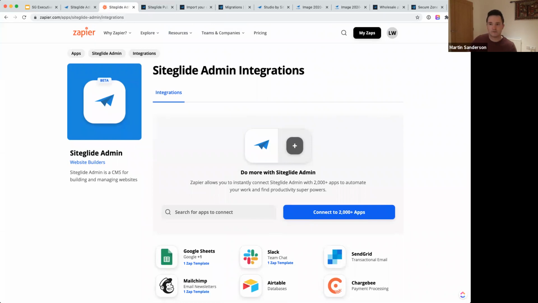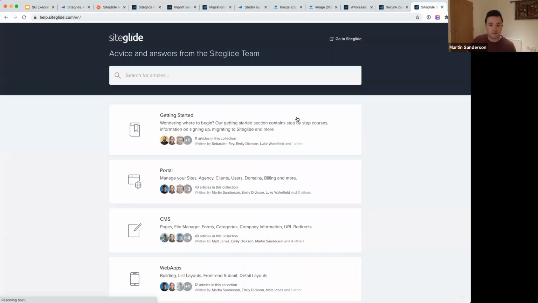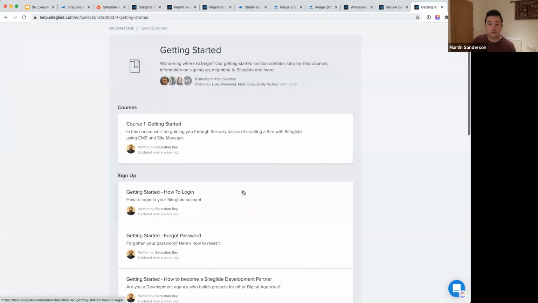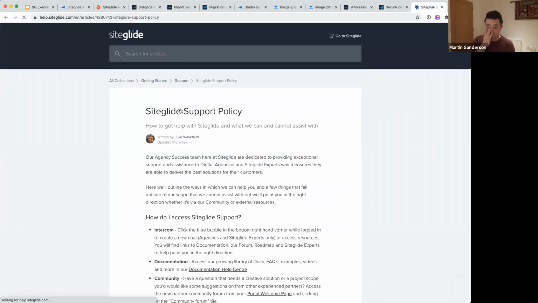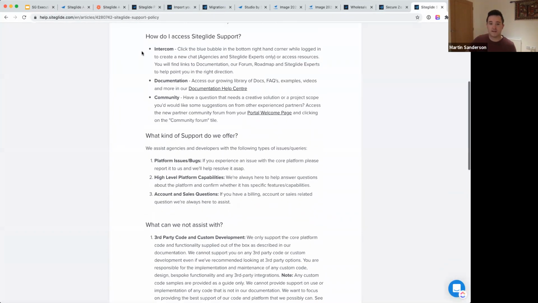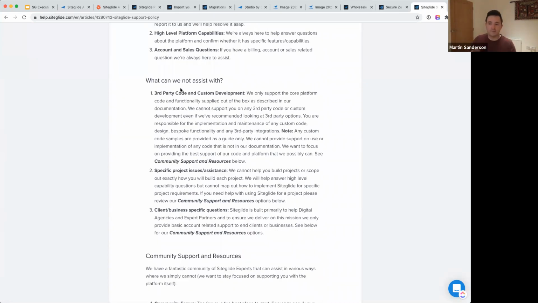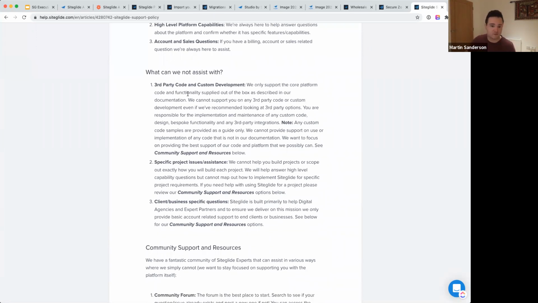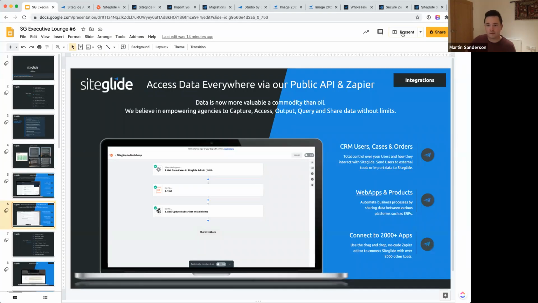While I'm here, I might just bring up the support SLA, seeing as I talked about it. If you guys would like to take a look at it, you can go to the new revamped getting started area and scroll down a little bit, and you can see we have a support policy in here. It just covers where you can get support, how we offer it, who we offer it to, etc. We will be updating this in the next week or so to cover more of the processes we're putting in place as well. We'll link to this after the webinar. Okay, so